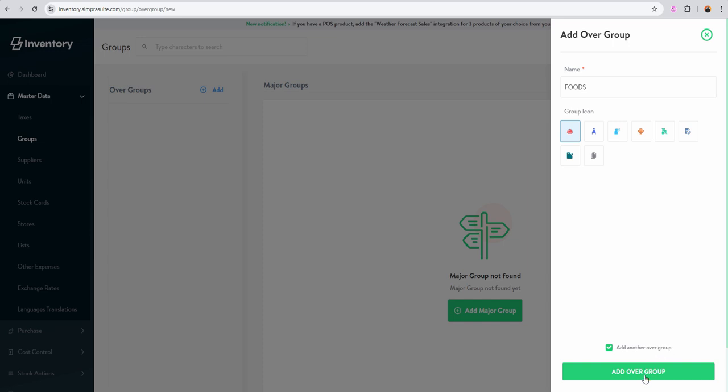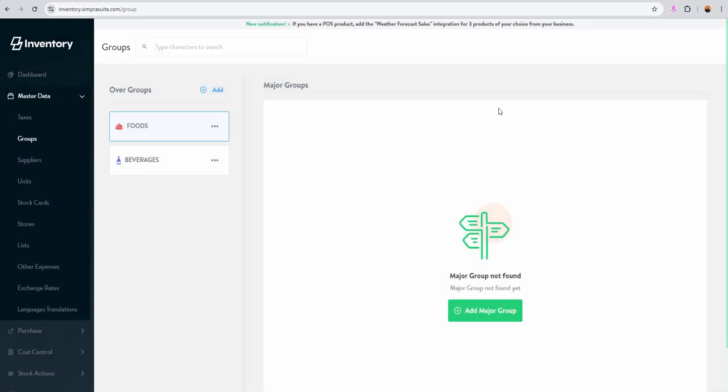Then click on the Add Overgroup button and save our overgroup. At this stage, with the 3 dots next to the overgroup, you can edit it, or delete it if it does not have a major group